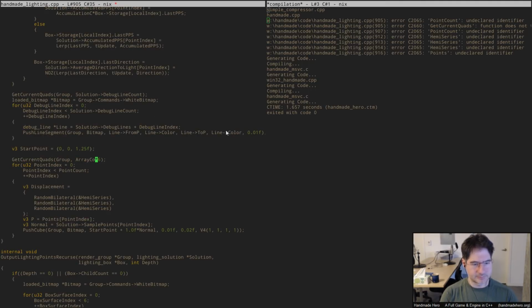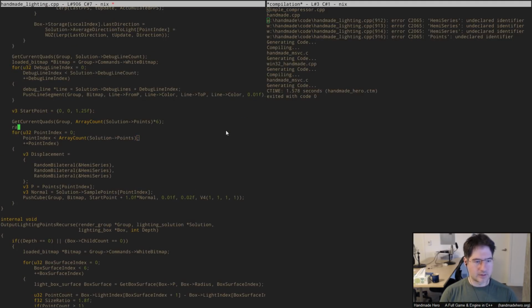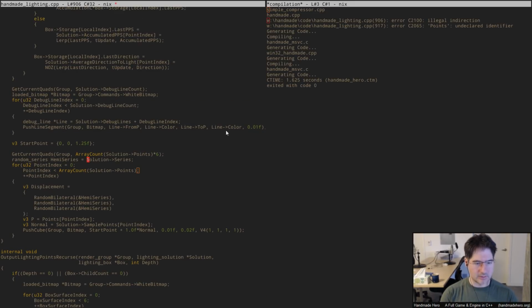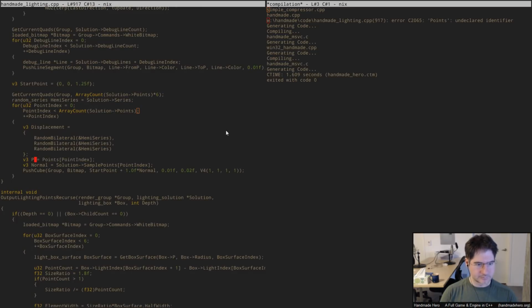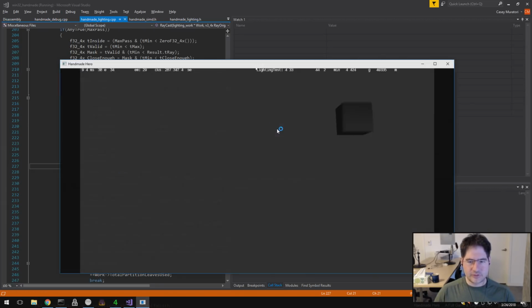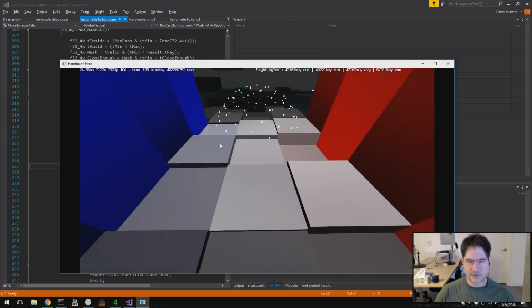Let's see here. Just got to replace the point count with the fixed point count. And we should be good to go now. There we go. And let's take a look. So hopefully, if that was correct, we should now have the spiral sample in there, right? There's our spiral sample,